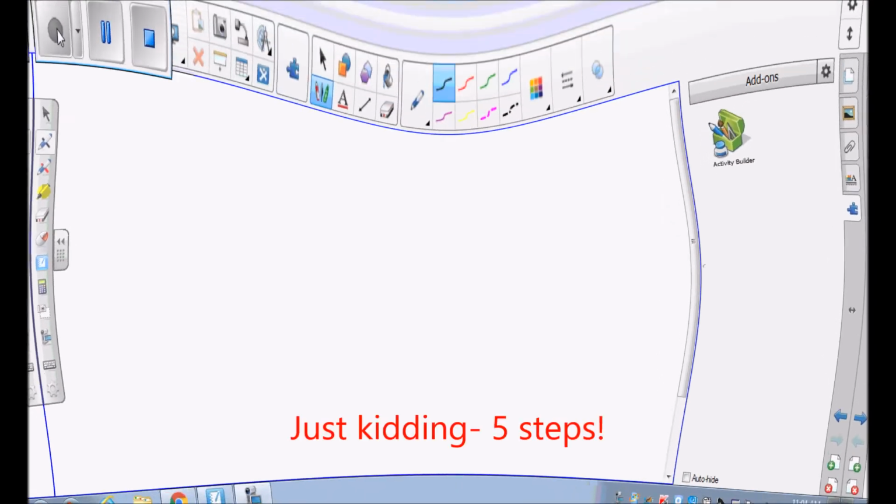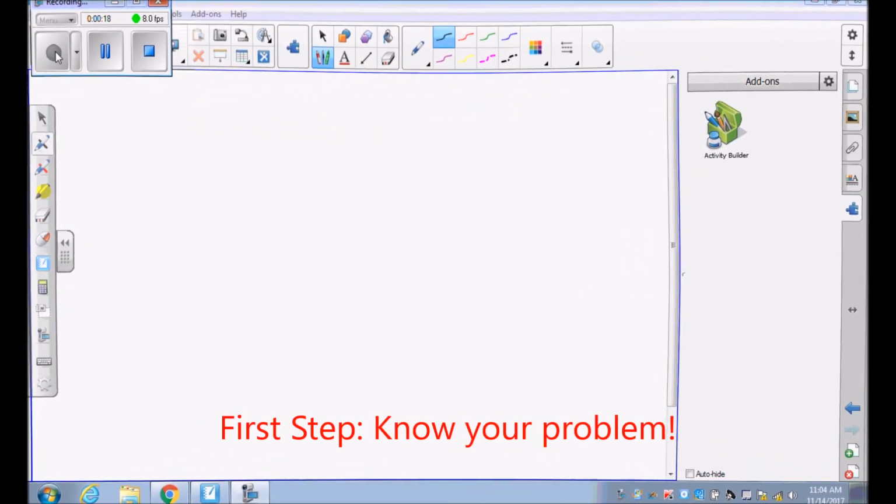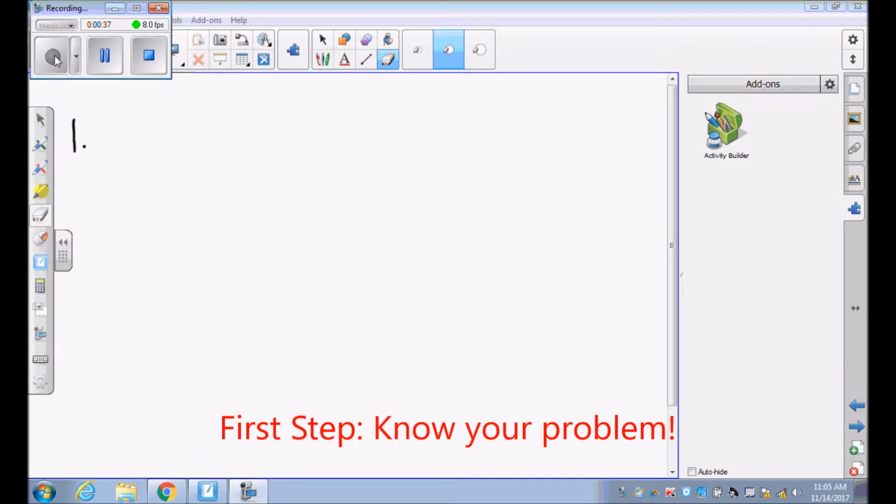I'll give you 3 or 4 easy steps to completing lattice multiplication, and it's going to be fun. The first step is to know